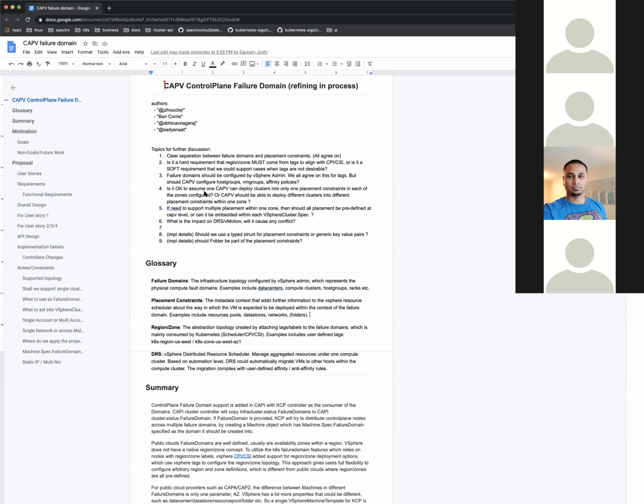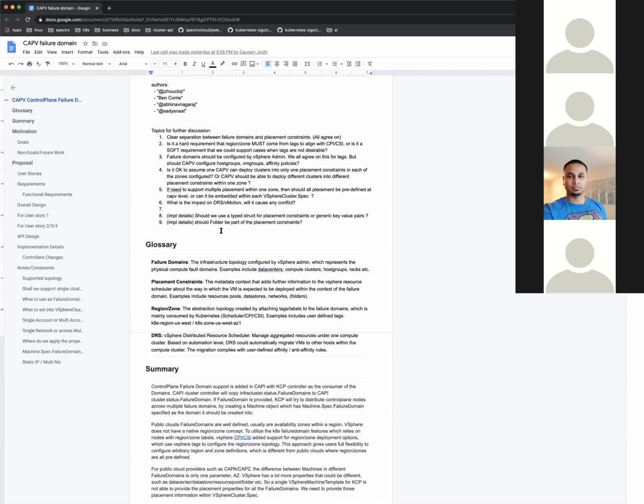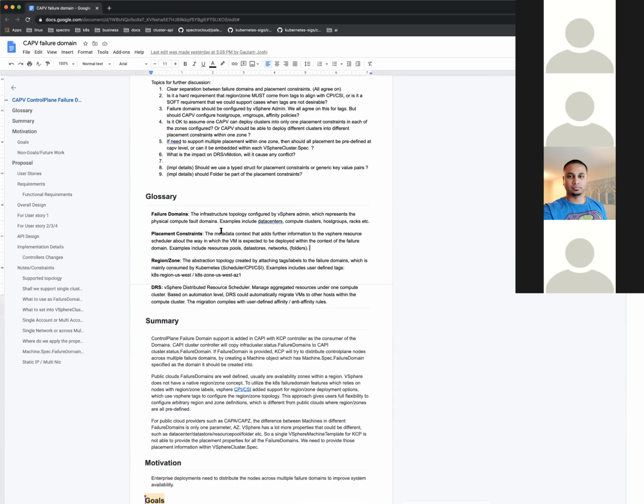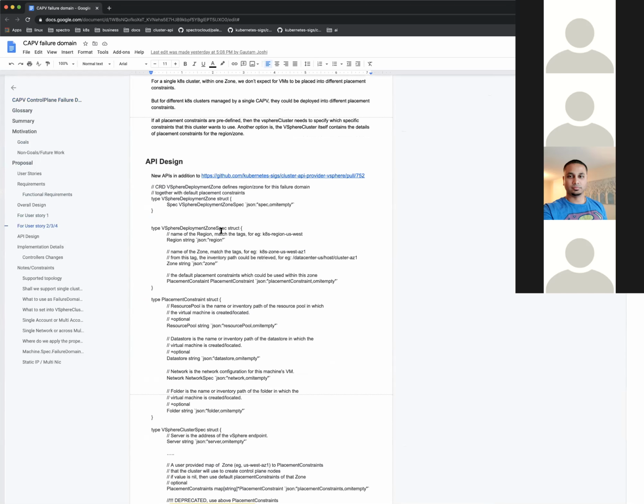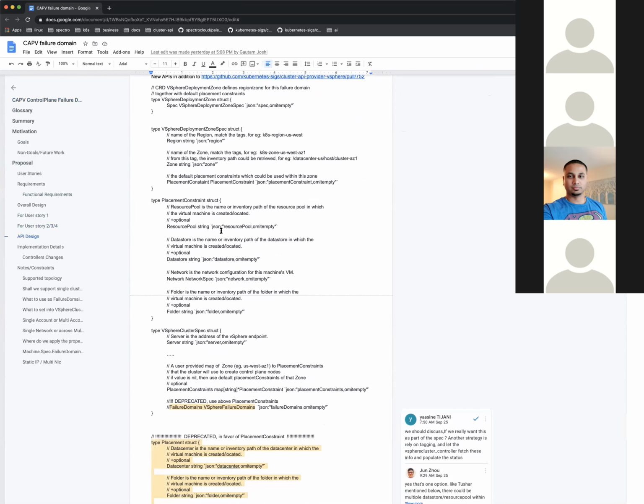Just to be clear, June, Ben suggested that you can associate as many placement constraints as you want with a fault domain. Would that solve the problem that you're describing? I'm not 100% sure. Well, that's another option. That means all the placement constraints need to be predefined.